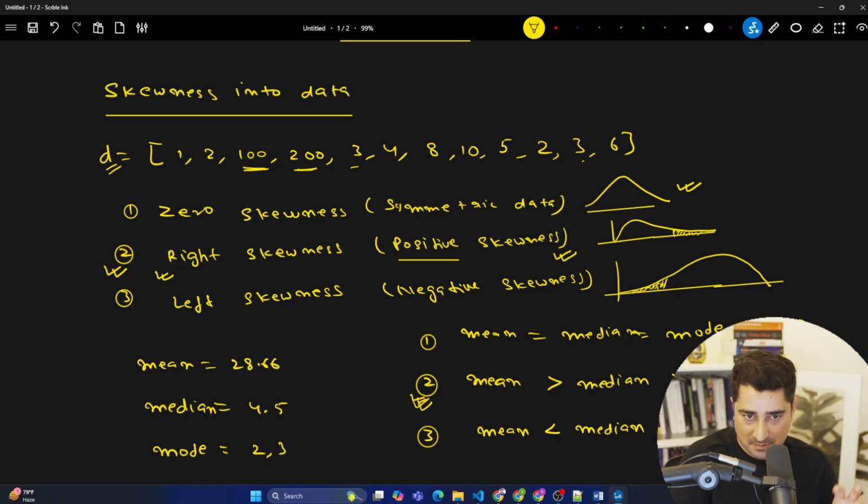There are so many terms I'm going to talk about in this class, and one by one I'm going to explain all of these terms. When I'm saying normal distribution, what is the meaning of it? When I'm saying Gaussian distribution, what is the meaning of it? When I'm saying a standard normal distribution, what is the meaning of it? And then I'll show you the same example with a practical use case with respect to code. So we'll code it and observe each and everything.